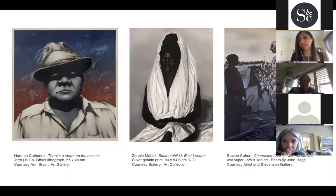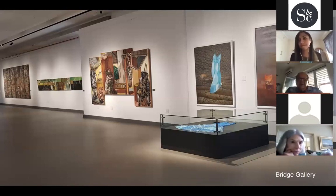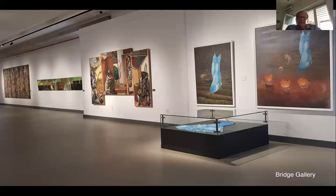And then from this space, we go into the Bridge Gallery, which is across Linwood Road. So as you walk into that space, you walk across the road. And the work on the right was loaned from the Constitutional Court, and it is by Judith Mason, The Blue Dress, and it refers to a